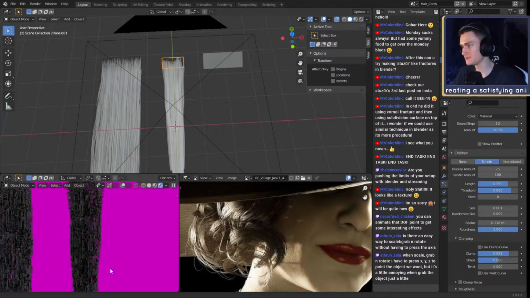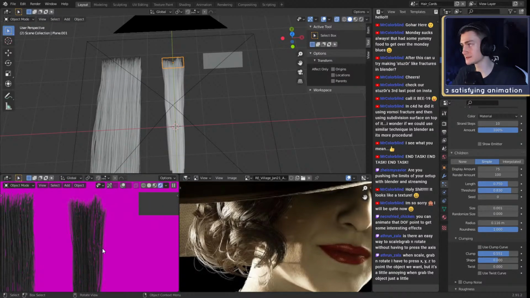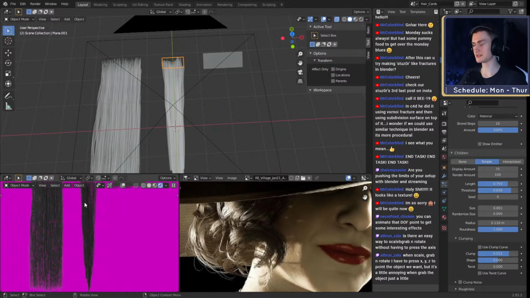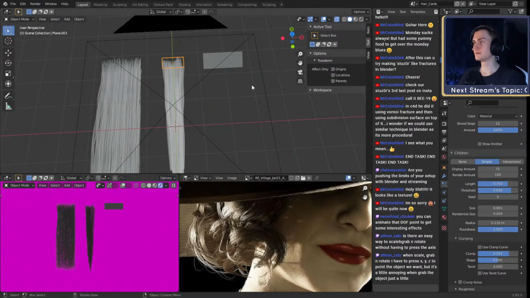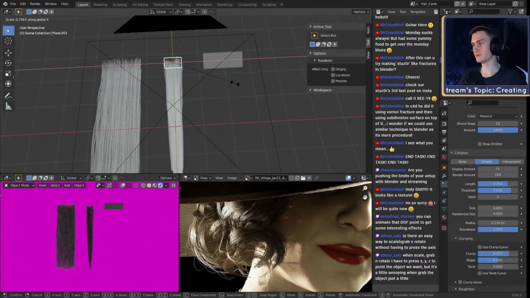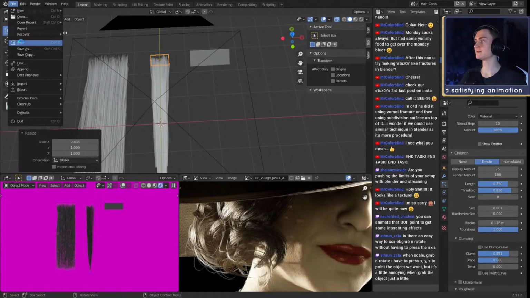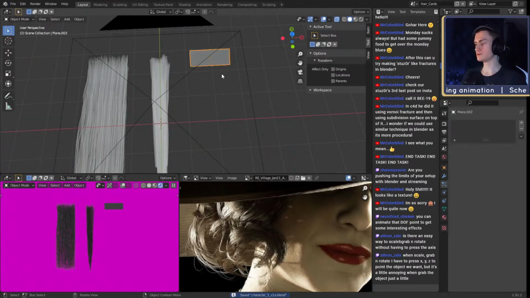My problem with the previous ones, where I had to add so many more hair particles or hair textures, was that I made these hair textures too thin, and I didn't want to change the texture itself, so I just added more planes or more textures to the character. Let's see what happens if we scale it down. Oh, we could even use it like that, maybe. I think that looks pretty good as well. Okay, save that. And on to the last one.